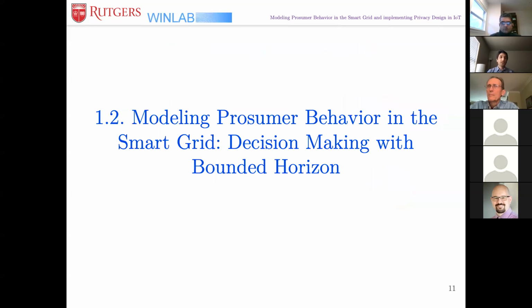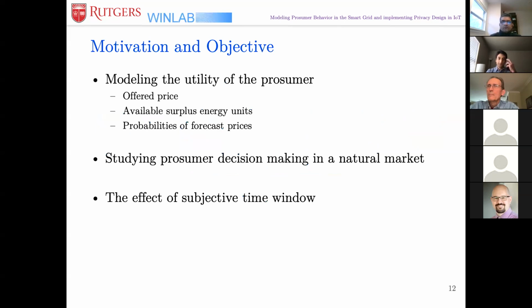Okay, in this subsection, I present two mathematical frameworks for modeling prosumer utility. The goal is to model the utility of a prosumer using parameters such as the offered price on a day, the number of energy units that a prosumer has available for sale, and the probability of forecast prices. In response to this, prosumer